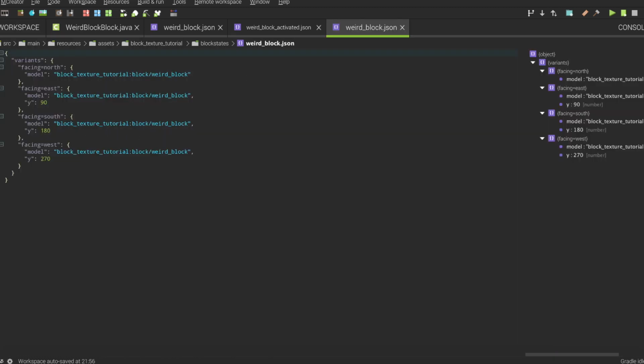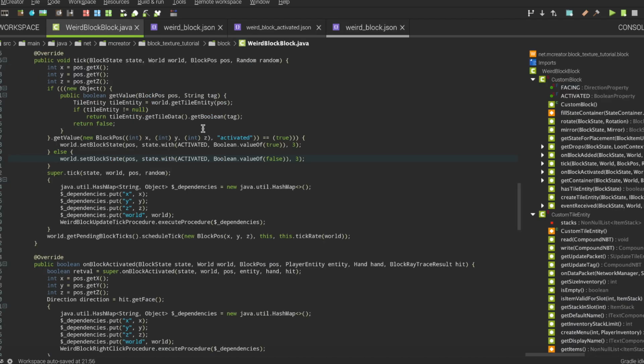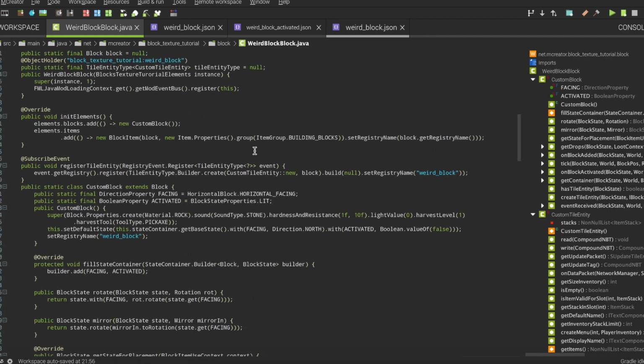So what I will have to do is, here I have facing north, facing south, etc. For the default one, after the facing, we will have to add a comma and then the name lit, because we use right here the lit block property.